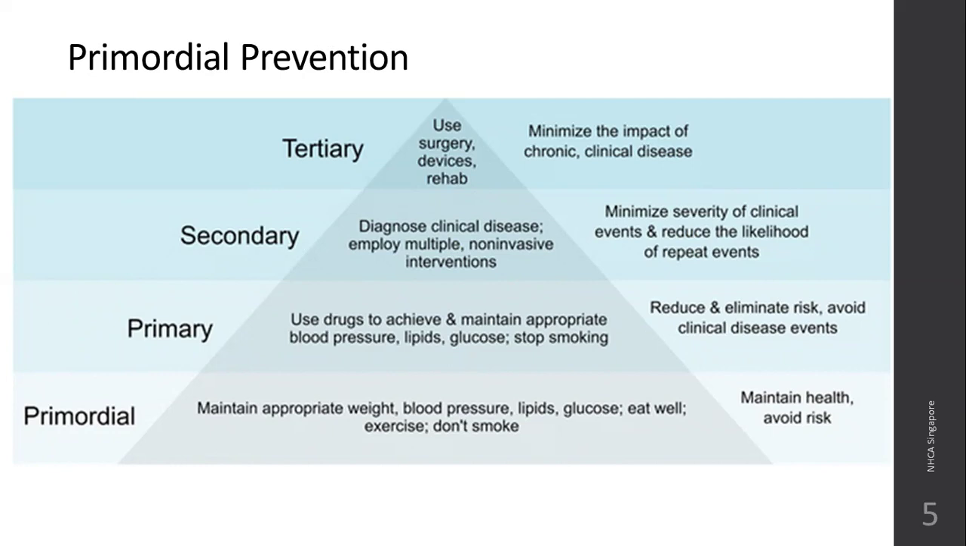Primordial means that, based on knowledge of your own family dynamics, your own family tree, you take conscious decisions towards maintaining good health throughout your life. You want to maintain the health. Disease has not yet started, but you start maintaining yourself and avoiding risk. For example,